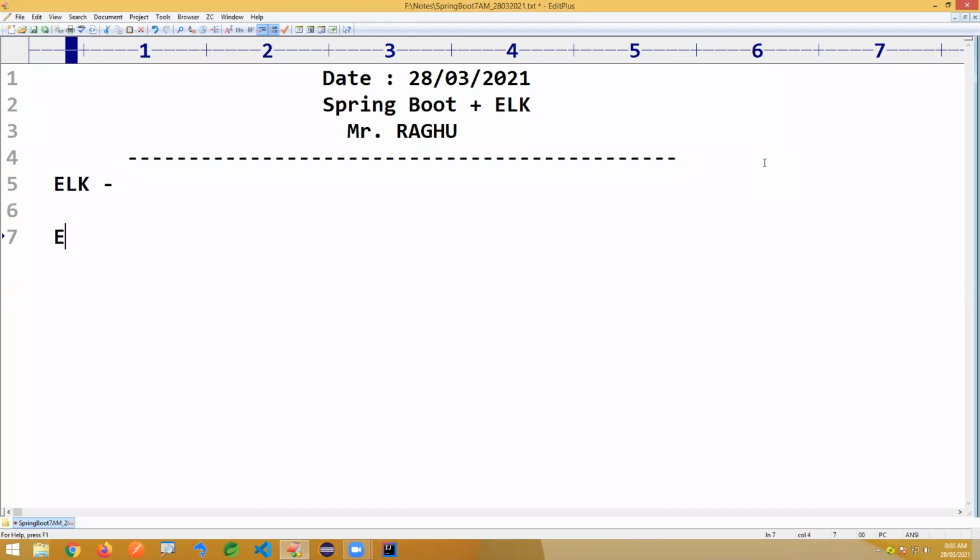Here, E means Elasticsearch. It's a software, one tool. L means Logstash. And K means Kibana.